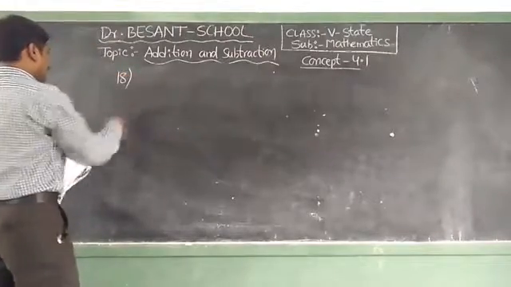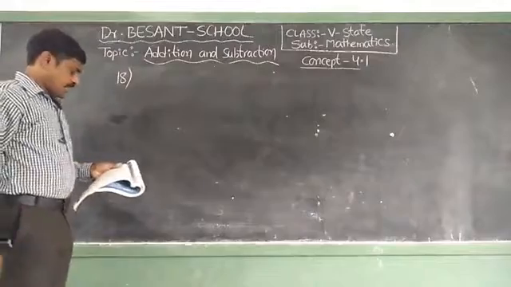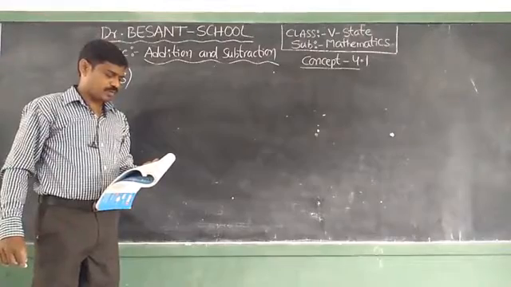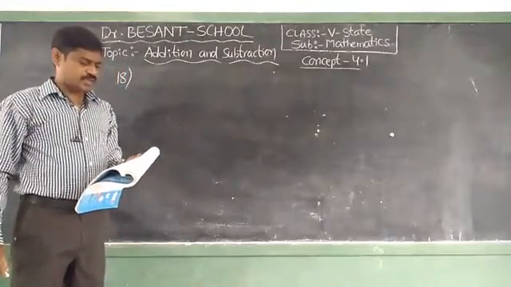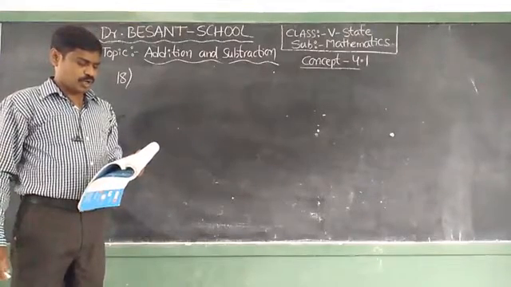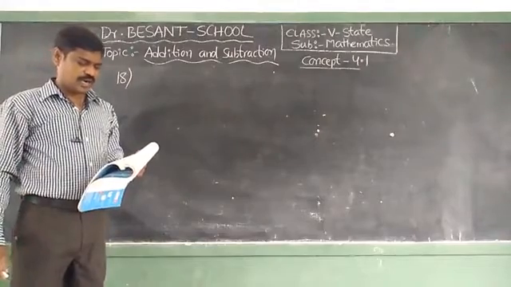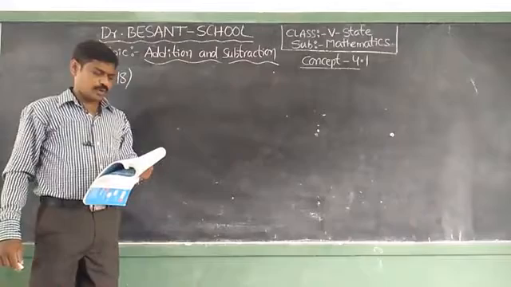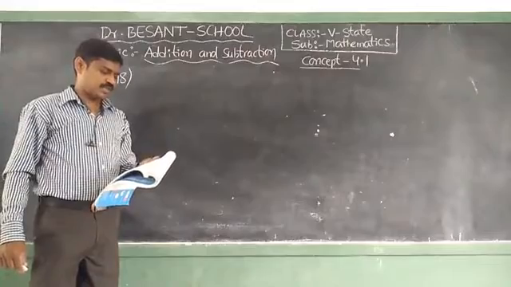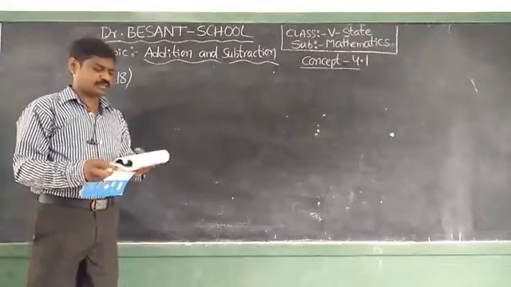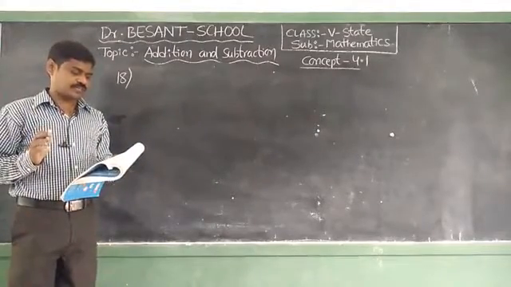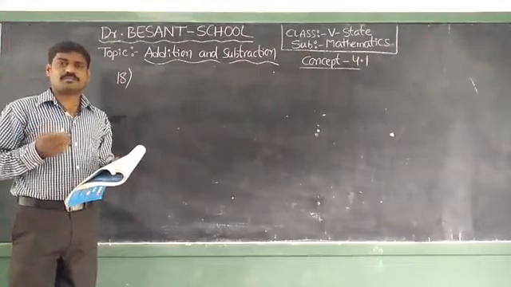Next, the 18th one. A factory manufactures 1 crore 12 lakh 31,118 nuts and 1 crore 20 lakh 81,000 12 lakh 8,108 bolts in a year. Okay, then how many more nuts than bolts does it manufacture? So, number of nuts manufactured. Okay, so what we have to find? The total the factory manufactured.